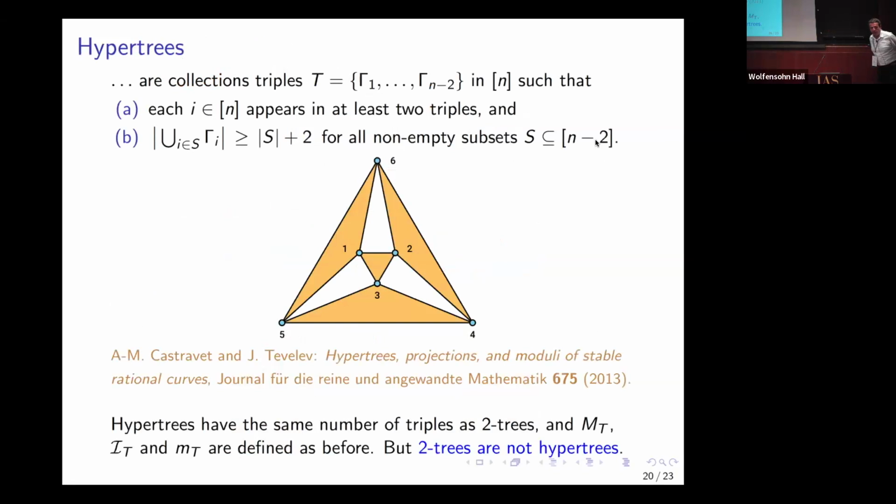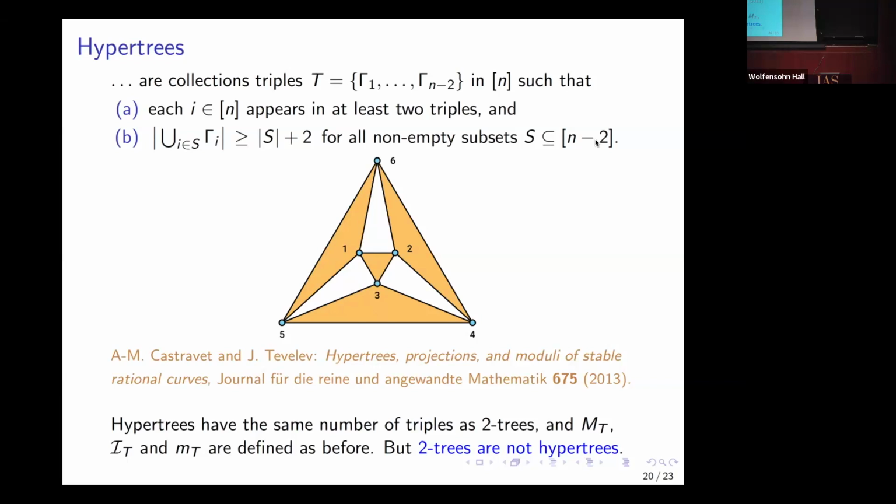So in the last 4.5 minutes, let me talk about hypertrees. Hypertrees are collections of triples that look like a two-tree but are not. A hypertree is a collection of n minus 2 triples such that every index appears in at least 2 triples, and they're spread out enough. There's a spreading out condition. Now, this comes from an article by Castravet and Tevelev a couple years back. So hypertrees have the same number of triples as two-trees,